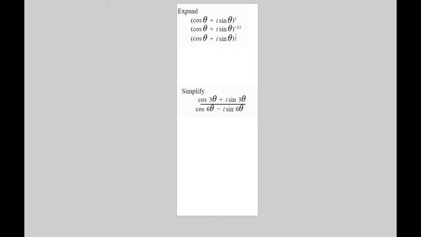Finally, in terms of complex numbers, we're going to finish off with these problems here. (cos theta + i sin theta) to the power 5, all of it. (cos theta + i sin theta) all of it to the power minus 15, to the power 7/2. And then we have a scenario where we have (cos 3 theta + i sin 3 theta) over (cos 6 theta - i sin 6 theta). Simplify. So here we know that our vision is to expand these out, but our vision here must be to